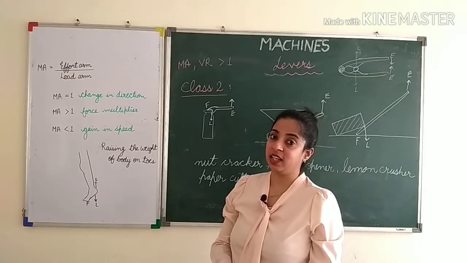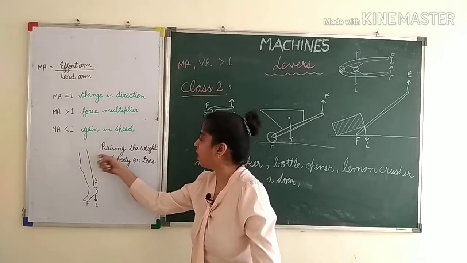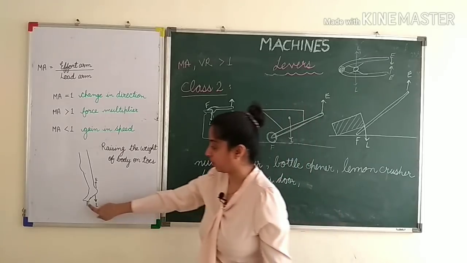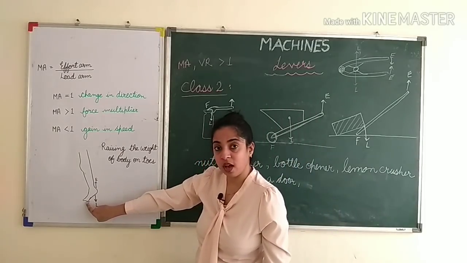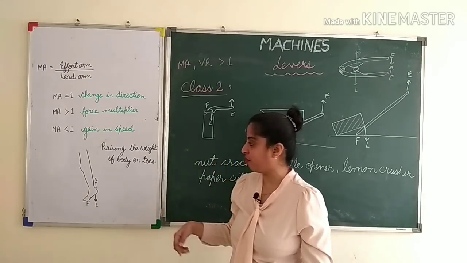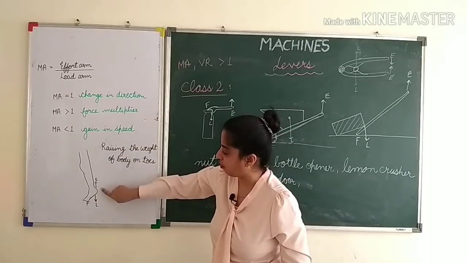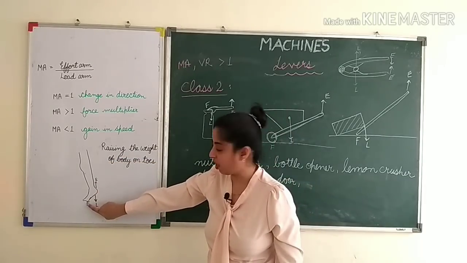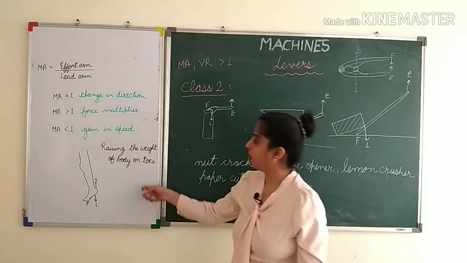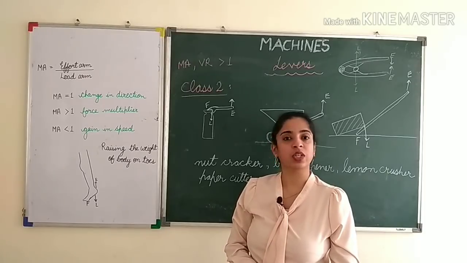Now, as I said earlier, you should remember the example in our body. Okay, so when you are raising the weight of your body on your toes, अपने toes पे आप खड़े होने की कोशिश करते हैं. So your toes are at fulcrum, your weight of the body acts in between, and your effort lies here. You try to pull it, so effort is here, toes is fulcrum and load is center. So here raising the weight of the body on toes comes under class 2 types of levers.